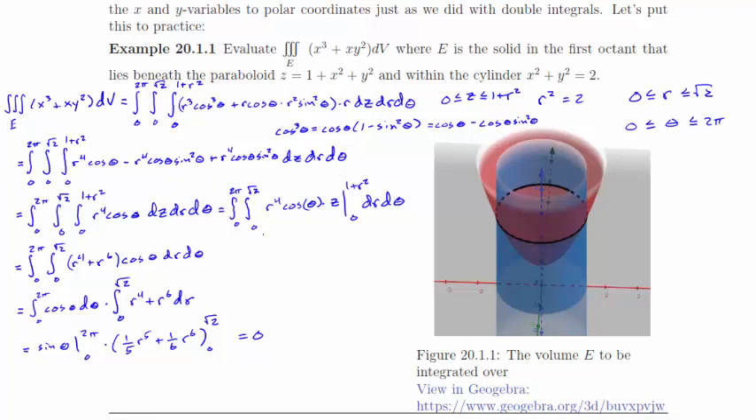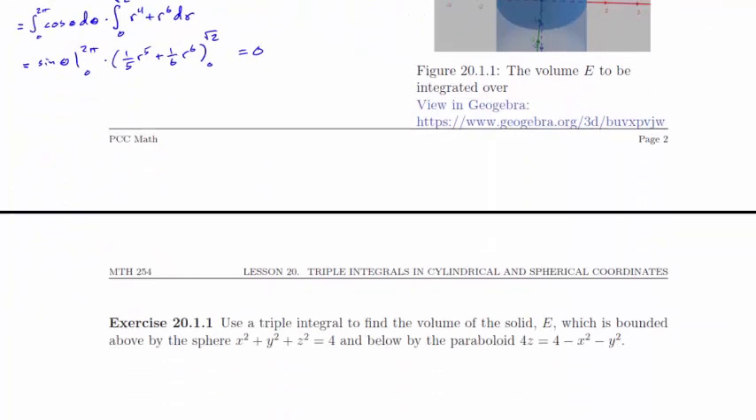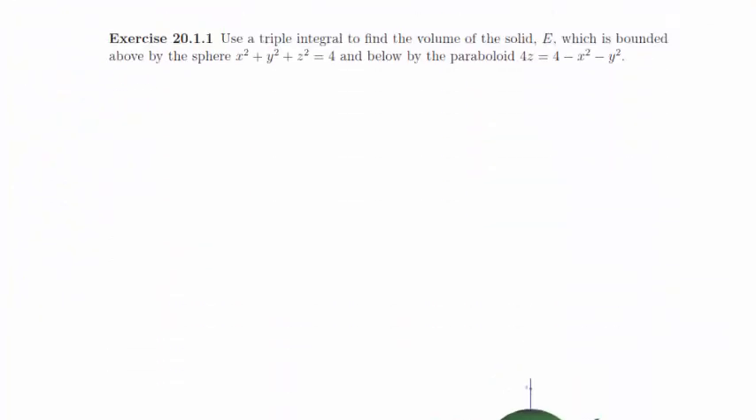Okay, so that's our first example. Let's give you an exercise, 20.1.1. Use a triple integral to find the volume of the solid capital E, which is bounded above by the sphere x squared plus y squared plus z squared equals 4, and below by the paraboloid 4z equals 4 minus x squared minus y squared. If I take a look at the GeoGebra,